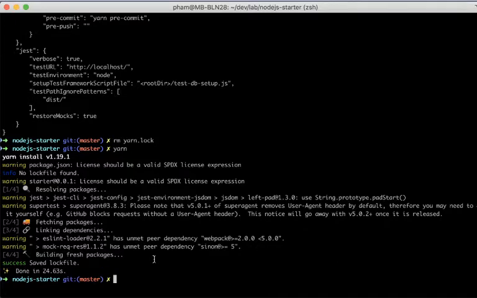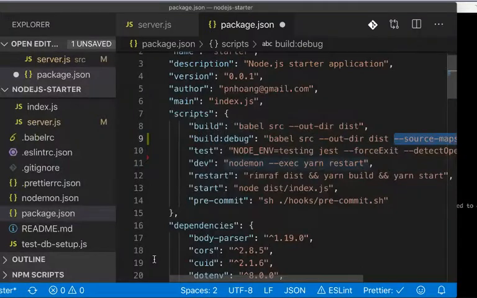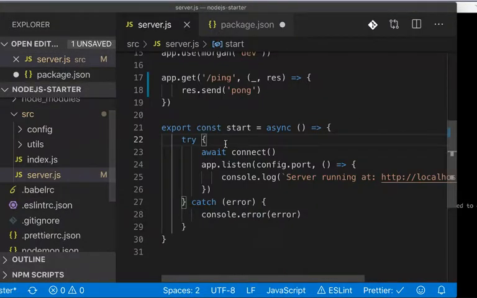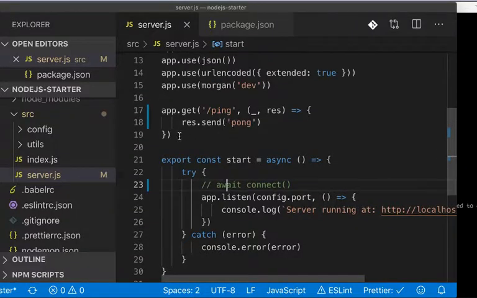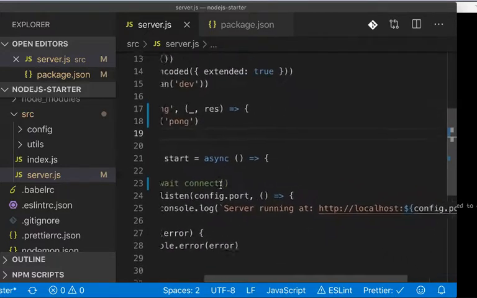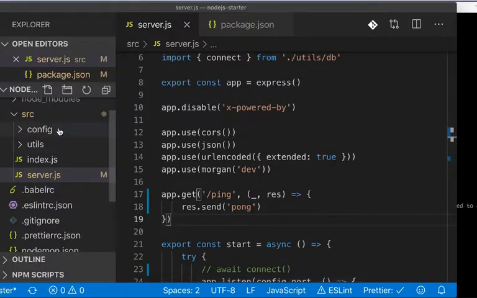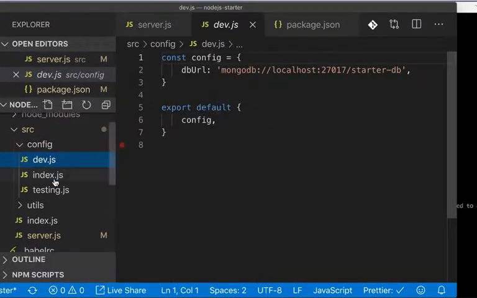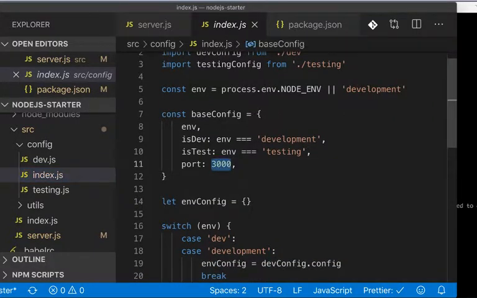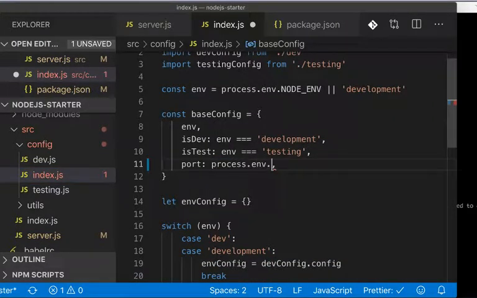So the project, when it starts, is a very simple Node.js Express application. Over here in the server, actually I have an await that is calling MongoDB testing, but I'm going to comment it out right now, and let's just see whether the server is running at this port or not. It is by default running on port 3000, but we are going to change it as well. So let's see over here, I'm having port 3000, but I'm going to get it from process.env.port,